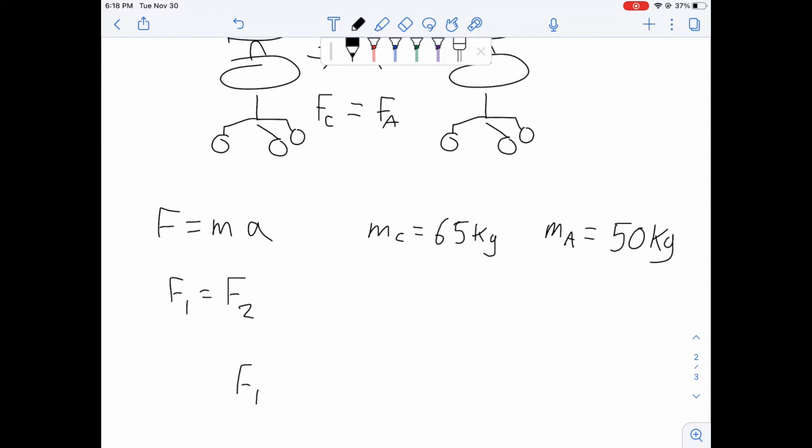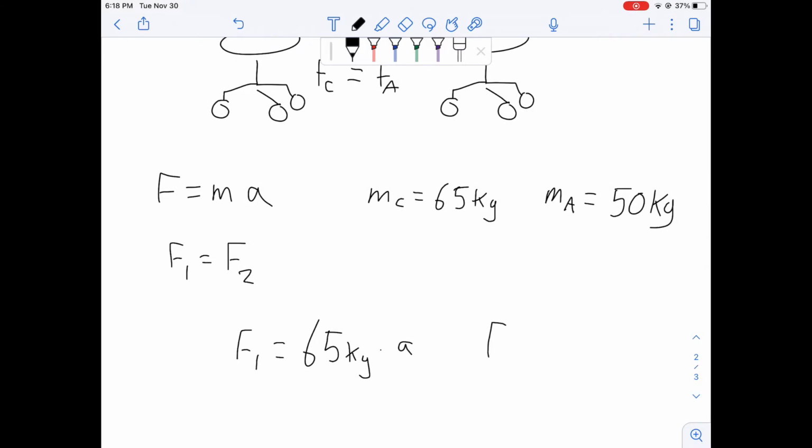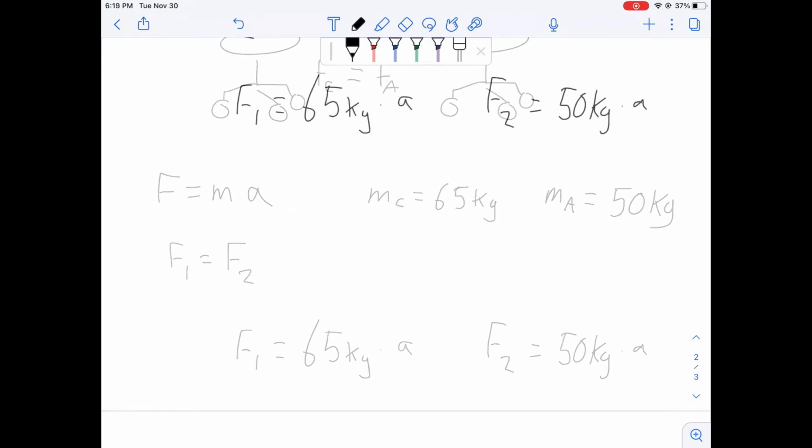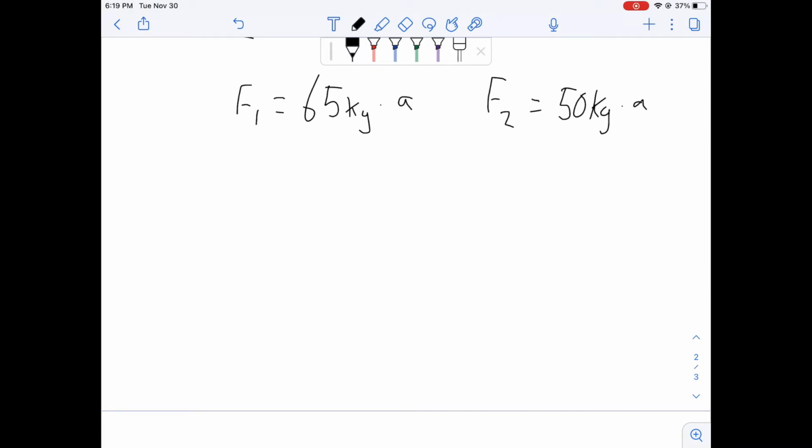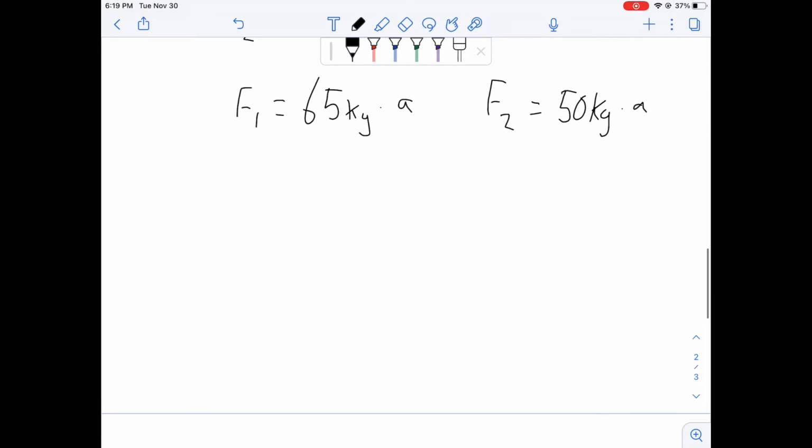And we can begin to work this problem. So, force 1 equals mass, which in my case is 65 kilograms, times acceleration, which we were trying to observe. And then the other force will be 50 kilograms times acceleration. Now, using these equations, we can directly compare the accelerations of both of us. So, acceleration of Chris, myself, is equal to force 1 over 65 kilograms. And the acceleration of Arya, my friend, is